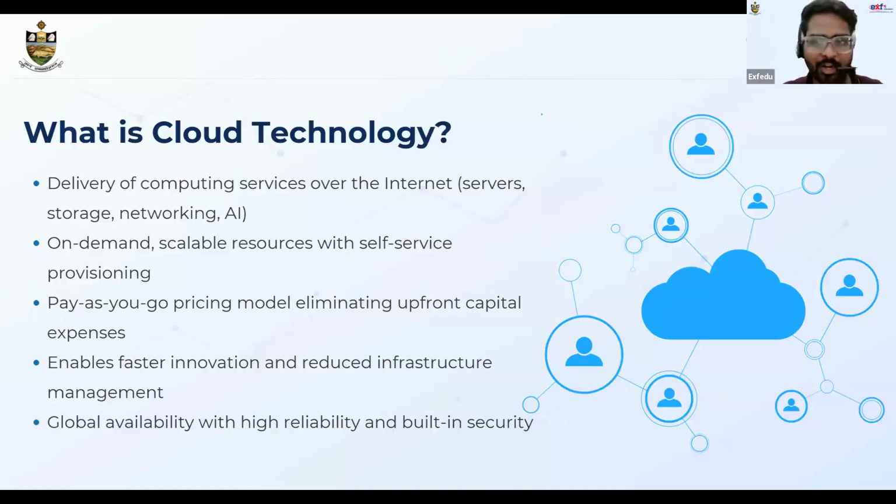The thing is, cloud is way more ahead than this. Right now, we are storing our pictures in Google Photos or using OneDrive. These are cloud technologies itself. Cloud technology is considered a subset of cloud computation, and storage is one among them. Cloud is all about the concept of virtualization.